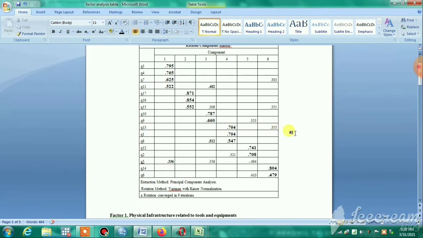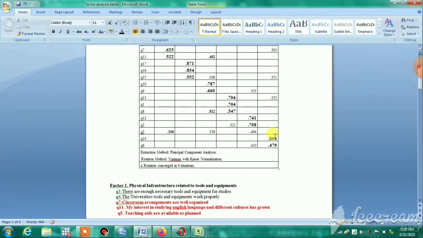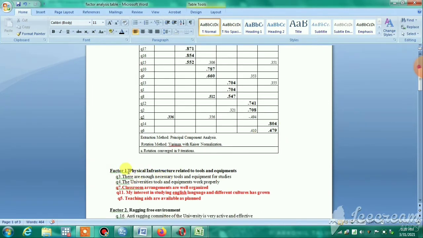Now the question is which factor these questions should go to. For the moment we are giving names, because the name should be given by the researcher on the basis of the rationality of the questions.